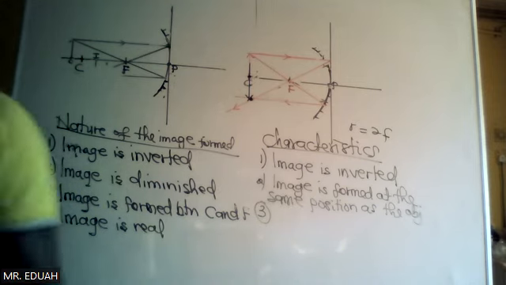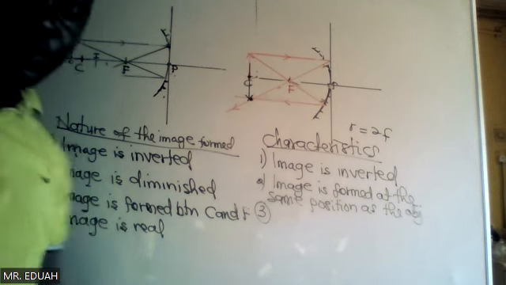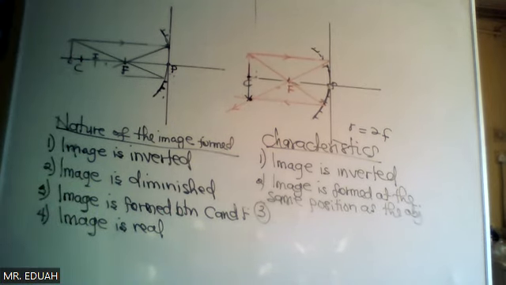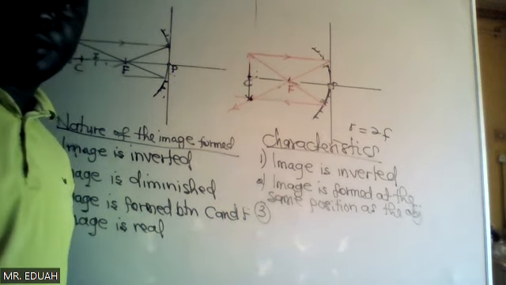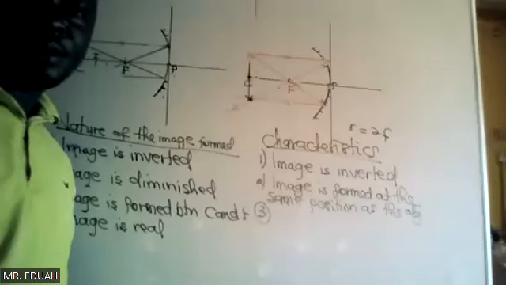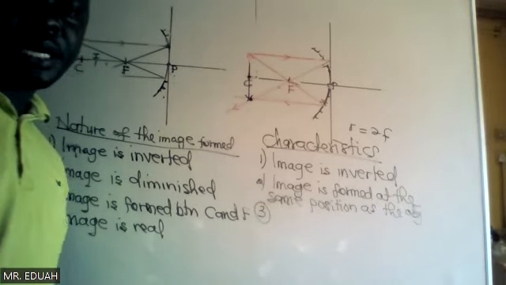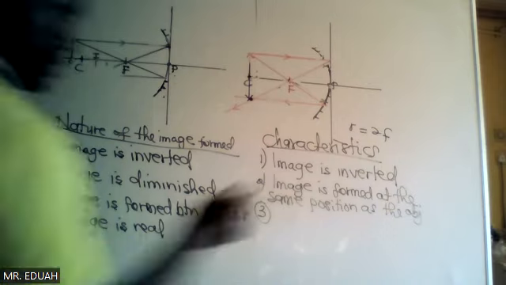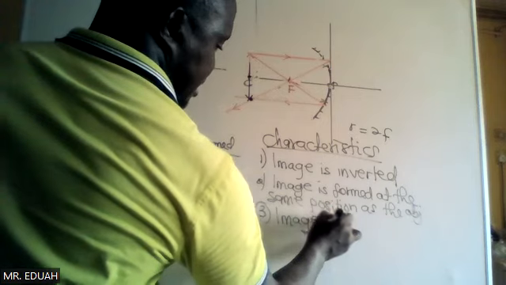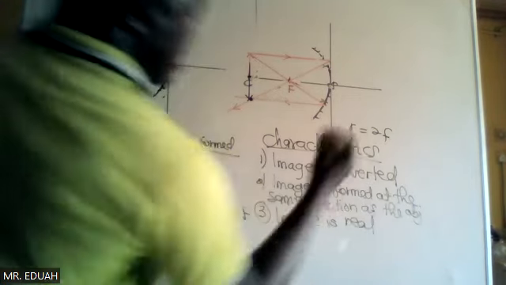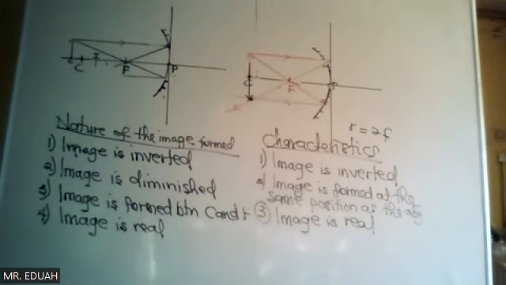Characteristics of the image formed. Three. The image is real. Yes, image is real. So image is inverted. Image is formed at the same position as the object. And lastly,